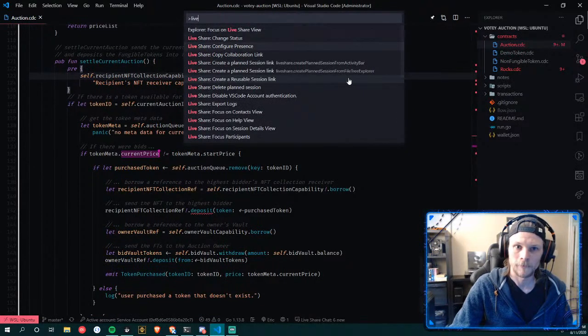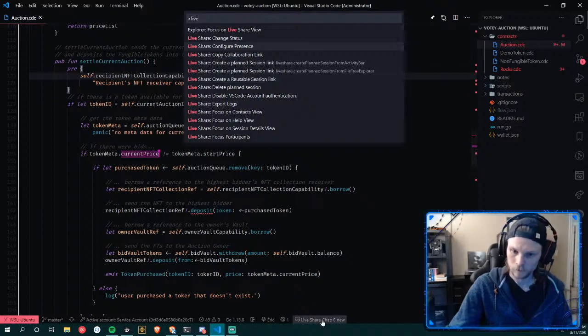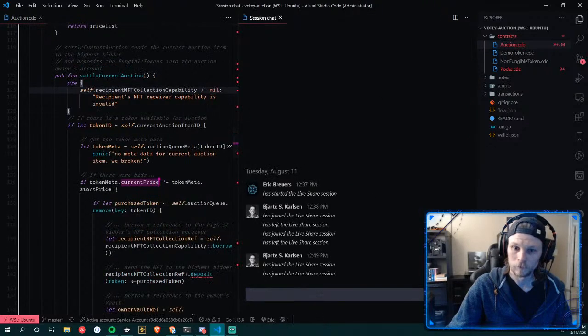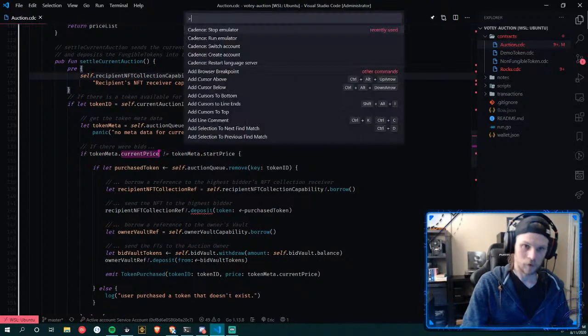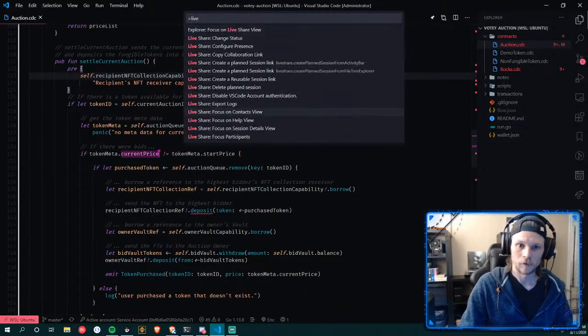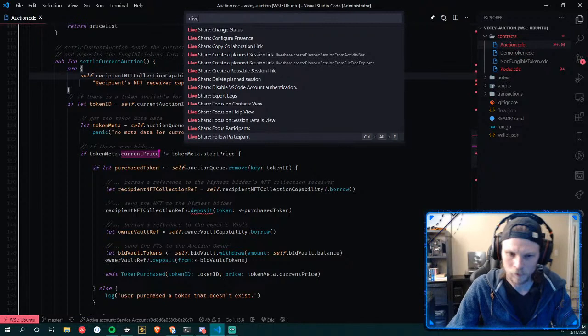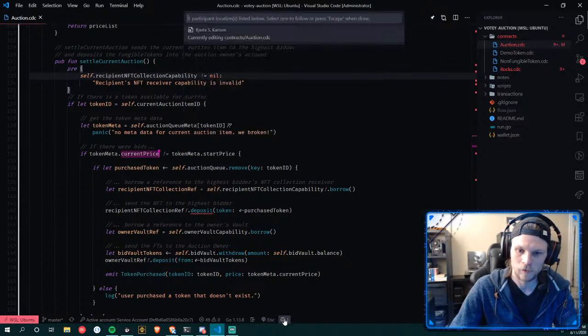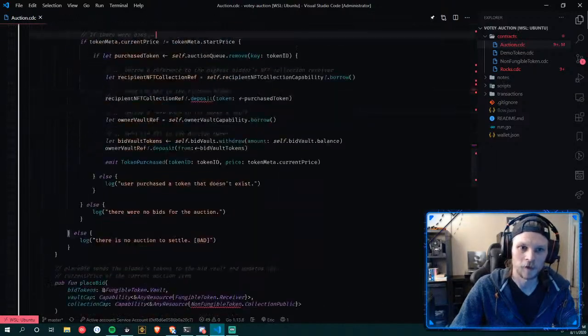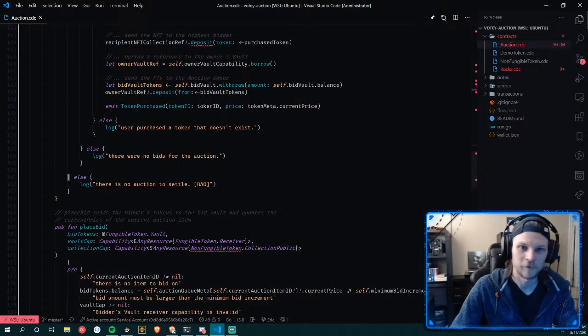It says there's some issues with Go here, probably because your Go setup is different than mine. Now it says there's one participant here, with follow to the side, unfollow participant. Okay, I can choose to follow you or not. Can you see that in the live share tab? If I don't follow you, I don't scroll. Okay, let's test that theory. Are you scrolling? No, I'm not scrolling. Let me scroll now. No, I'm scrolling. Yeah, we're good. We're separate.